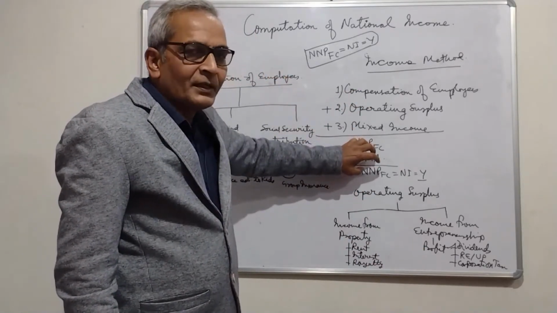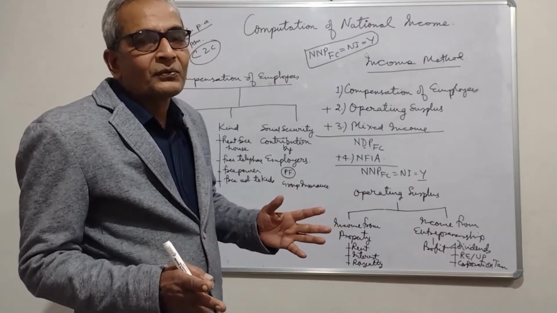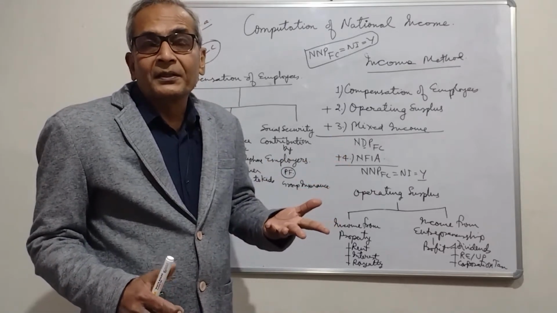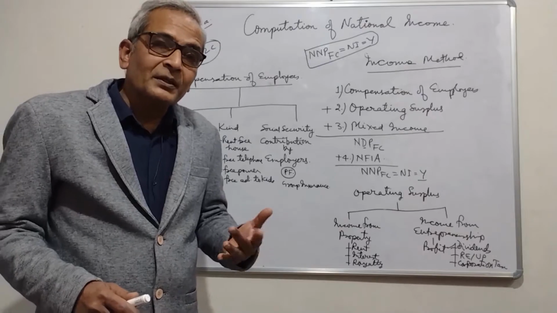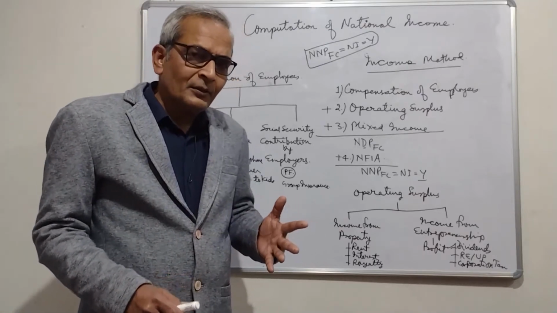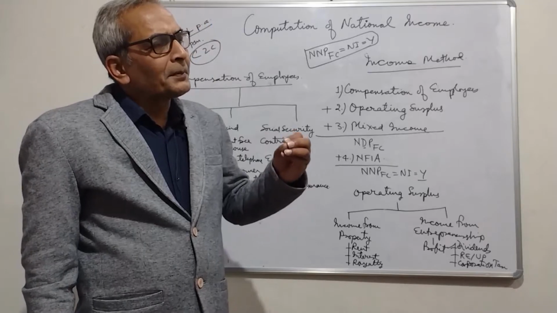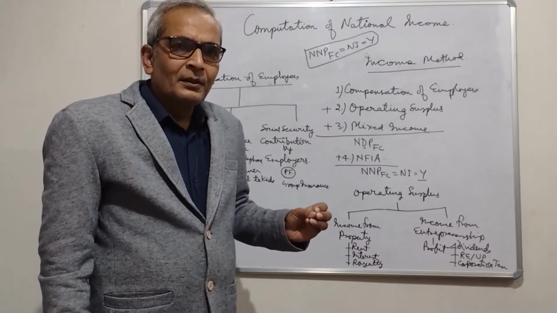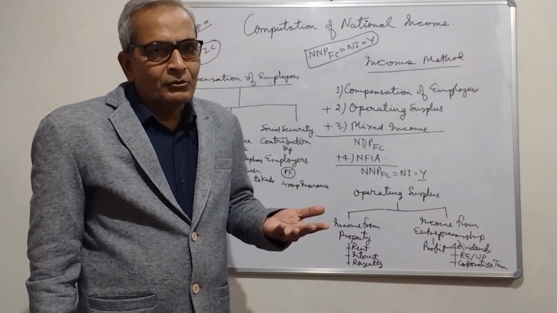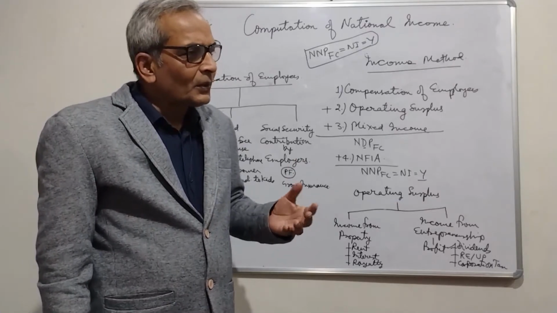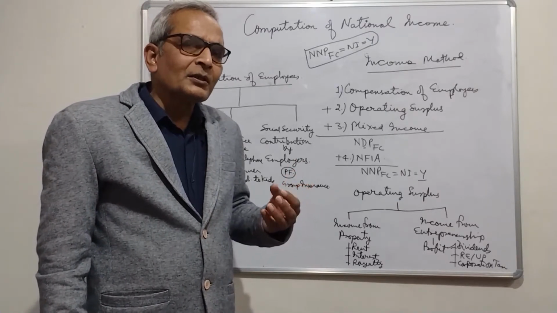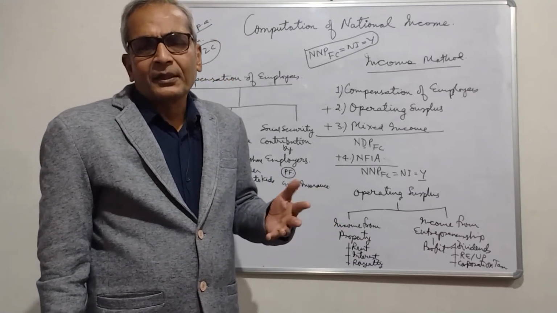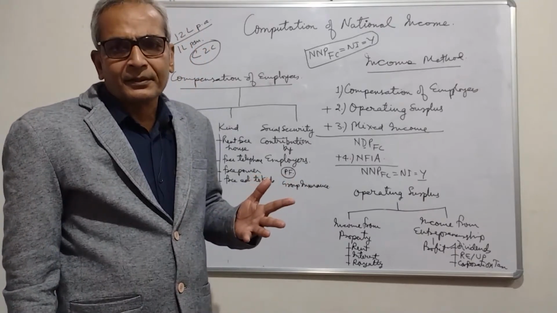Similarly, if NFI is given, we are not required to look for its subparts. If it is not given, we are required to find out factor income from abroad as well as factor income to abroad. Right? So if you can remember and recall the main parts and their subparts, it is pretty easy to work out the numericals. What happens in numericals? You are supposed either to subtract or add the items. There is no division, there is no multiplication.